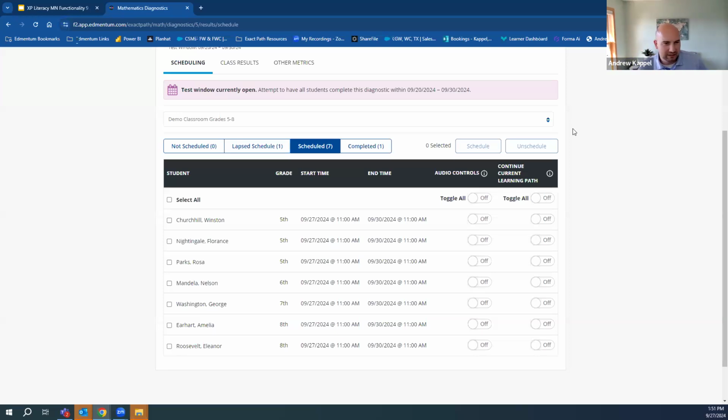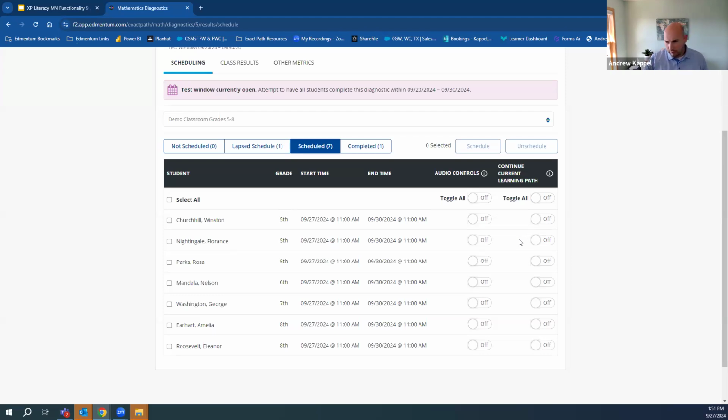We've seen situations where you just want that diagnostic data and you don't want that learning path to change because you feel like they're on the right track, they're moving through it well, and they're at the right place, but you need a data point. Go ahead and schedule that diagnostic, but continue them on the learning path so it's not interrupting or changing their path. They will finish up the skill if they're in the middle of working on a skill, but the next skill will then change to a new learning path if you don't toggle this. But if you do, they'll just keep going and you'll have a data point there.